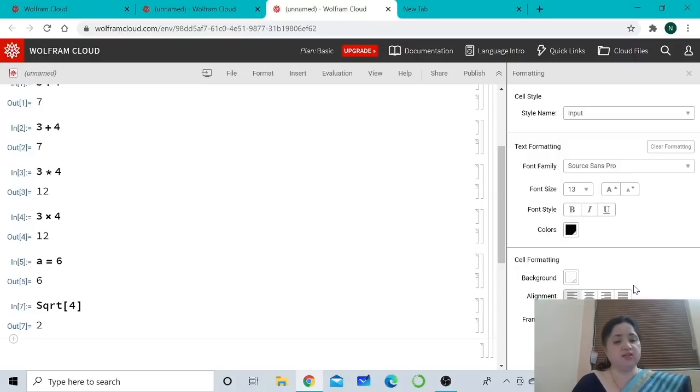It is suggested that the name of the function starts with a lowercase letter. This is because all built-in functions such as Log[x], Sin[x], Sqrt begin with uppercase letters, and it prevents one from naming the functions the same as an already defined built-in function. Now, to define f(x) equals x square, we type